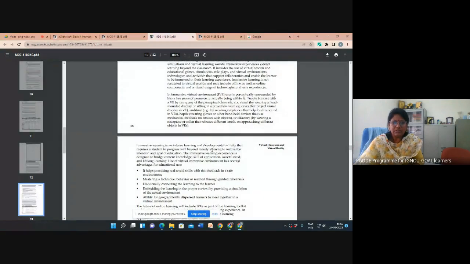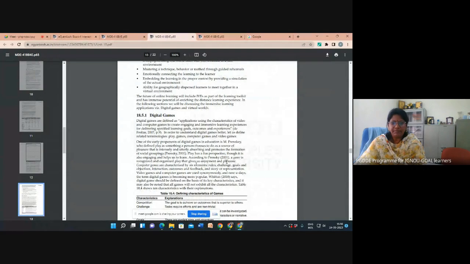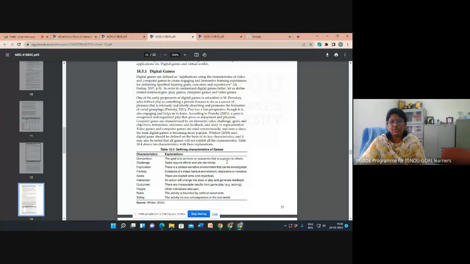So these are some of the components you can use. And then digital gaming. Gaming is also one of the things which you can do. For example, here also, some of the components people use to make different games. For example, mixing: you take or drag some data from here and put this data there and make a mixing. So different kinds of apps are available.